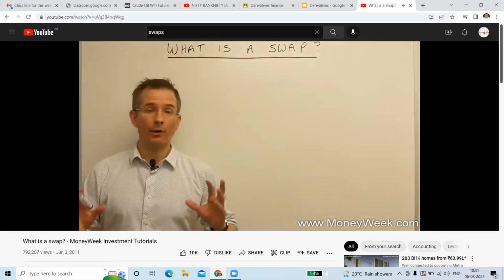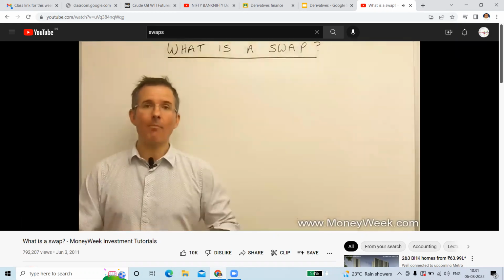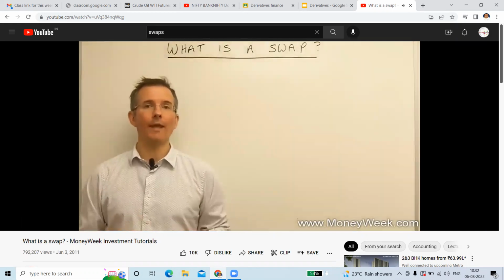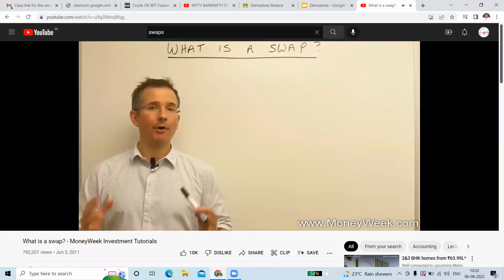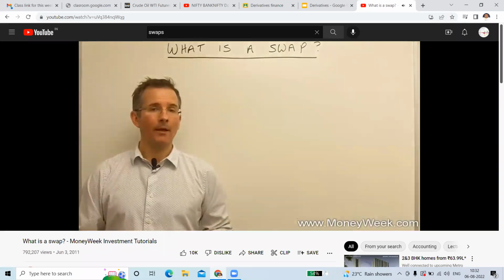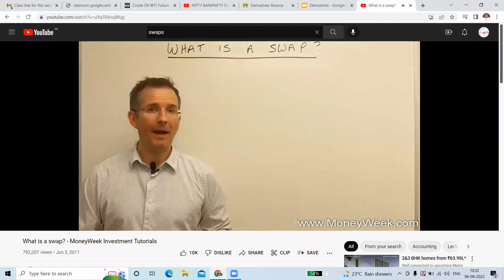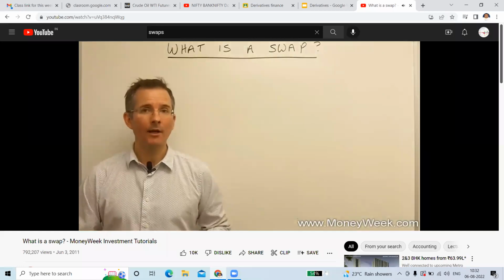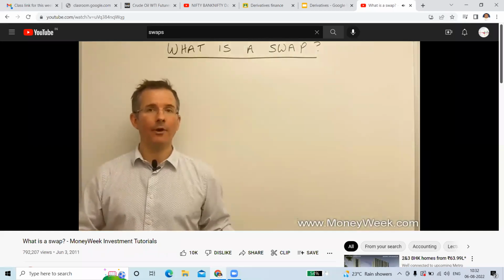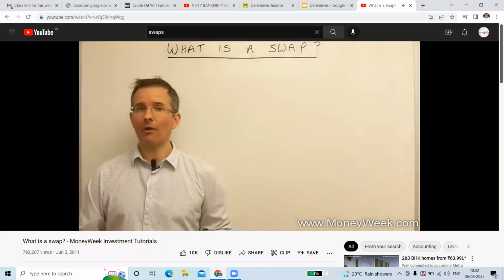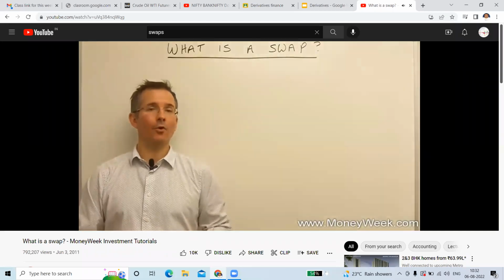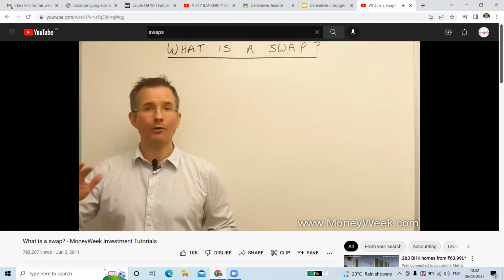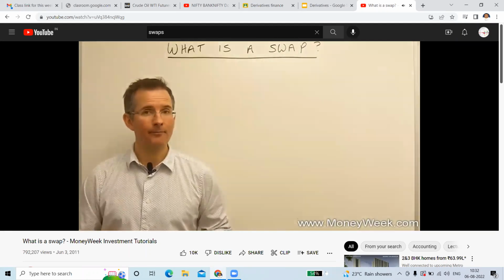So what we'll do is take a quick look at a swap, how it works, how banks make money from it, and also one or two of the applications. And we're going to focus on interest rate swaps. Interest rates are thought to be on the way up. The Bank of England may raise rates this year. The only question is when. So in financial markets, companies and banks will be running around wondering how to hedge an exposure to what could be rising interest rates after a period of relatively low rates.